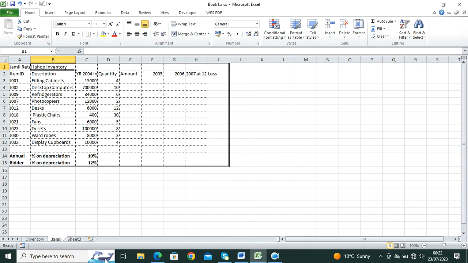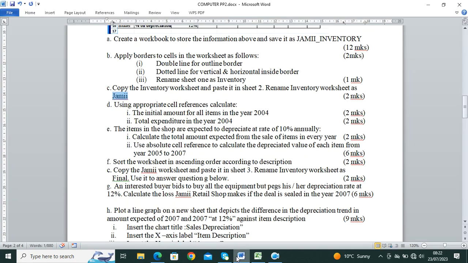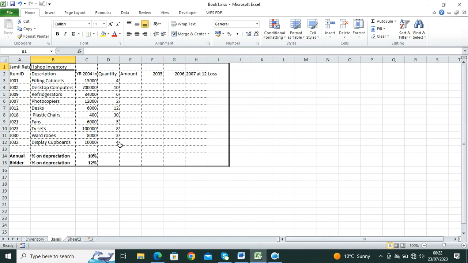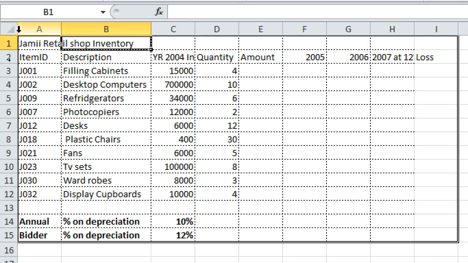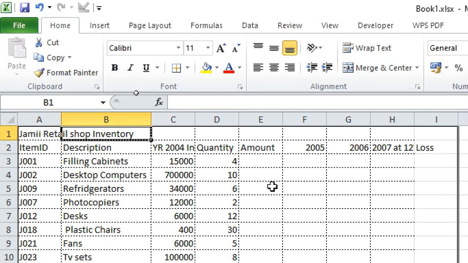So we just go to this point. Let's see the examiner. Okay, using sheet 2. So we shall use sheet 2 to do that stuff. So here, guys, we have this. We have been told that the annual depreciation is 10% in every year. So in the year 2004, that is here, this is the 2004, the depreciated amount,